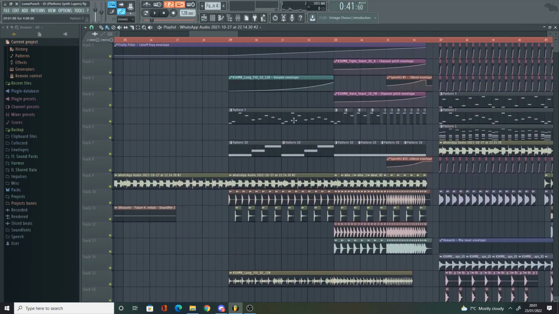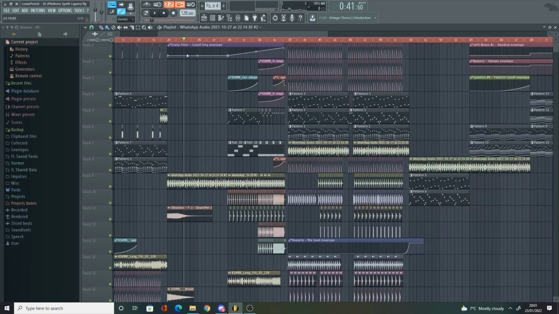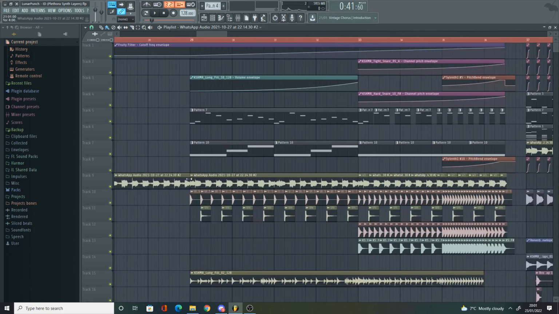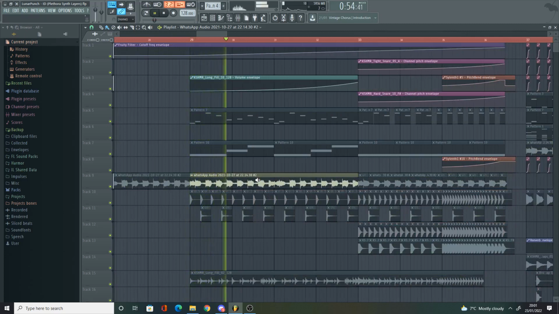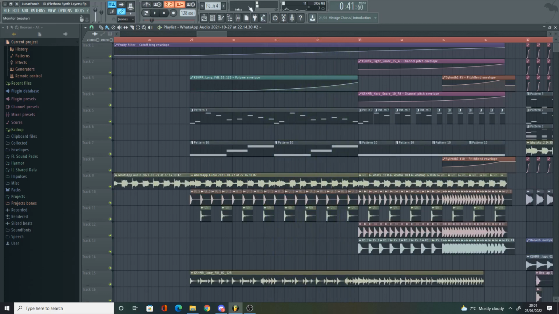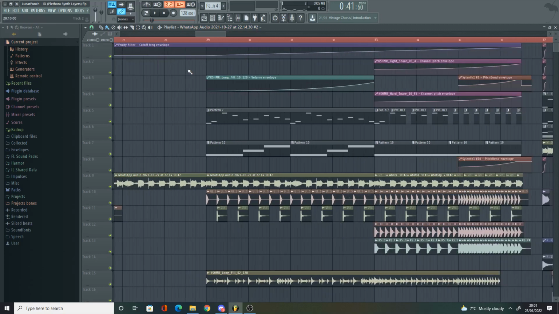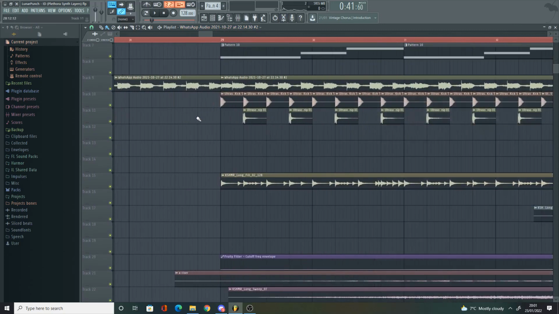cutoff. So you can see this is what's controlling it, so it's level, and then it slowly goes up in a linear slope. And you can hear it opening up slowly. You can see it up here, the frequencies slowly open up here. That's why it's called a low pass filter, because it only lets the lows pass and the highs get filtered out. What I did here is I added in a very basic